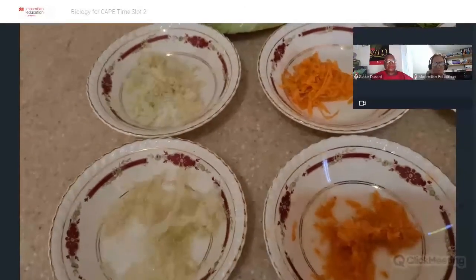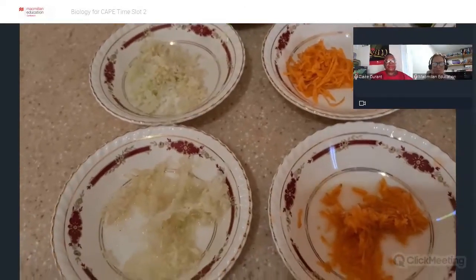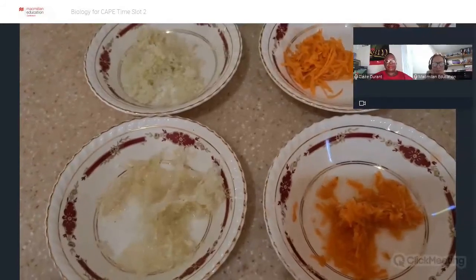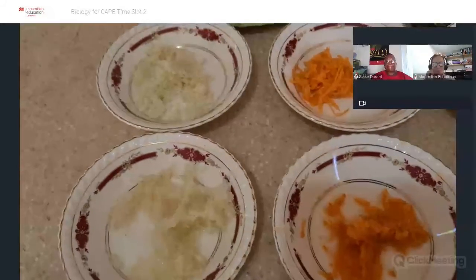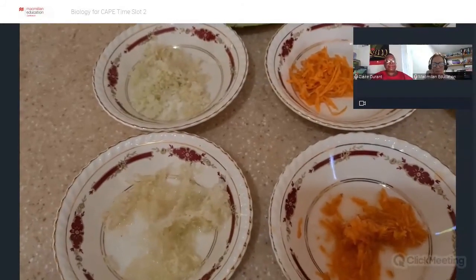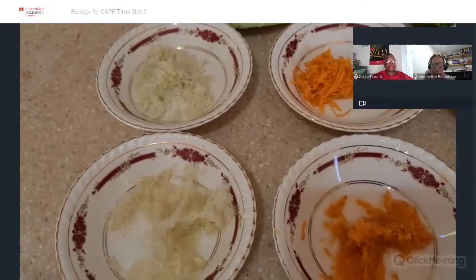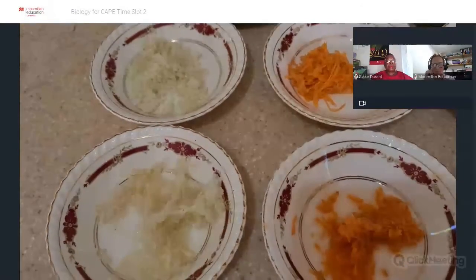So the water travels through the tonoplast, which is the membrane surrounding the plant cell vacuole, and it also moves from the